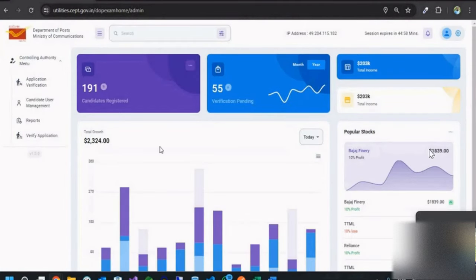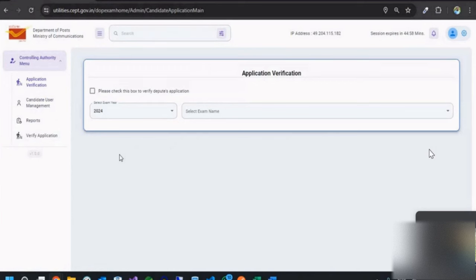So particularly if any authority is getting changed, the requesting circle should first ask to change the controlling authority name. Otherwise, the concerned division cannot proceed with the verification process. So in the verification process, for example, if I'm logging in with CEPT, then they have